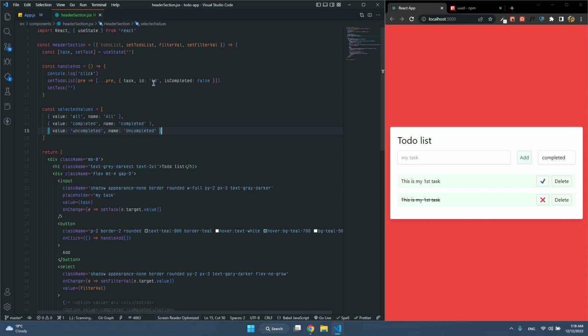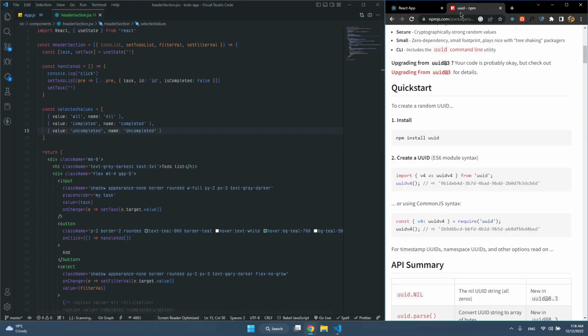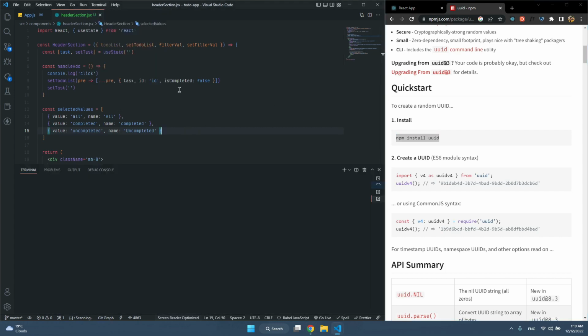It should be unique because we use that ID to mark a task as completed or not, and to delete the item from the list. So to get a unique ID, I'm going to install UUID. Otherwise you can write some function to create a unique number every time, but I think this is a much cleaner and easier way. So you just have to copy this npm install uuid, then open a new terminal